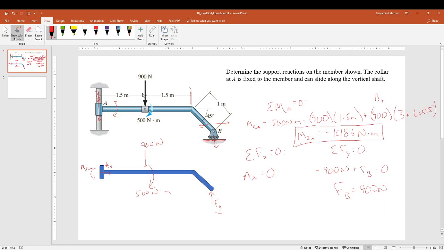So I think if we just look at this figure that's given, this looks pretty intimidating. It's hard to know where to start. It's hard to know how to attack this problem. Your first thought should always be free body diagram. What do we draw a free body diagram of? We want to know the support reactions on this member, so we have to draw the free body diagram for this member. Once we draw this, again, it might be difficult to know where to start. Summing forces is easier, so I think that's a good place to start. And it turned out to be not too difficult to find the forces. The moment, a little bit more complicated, but